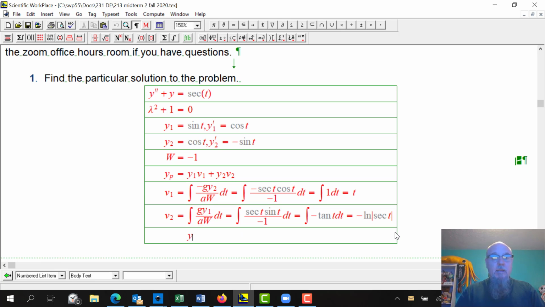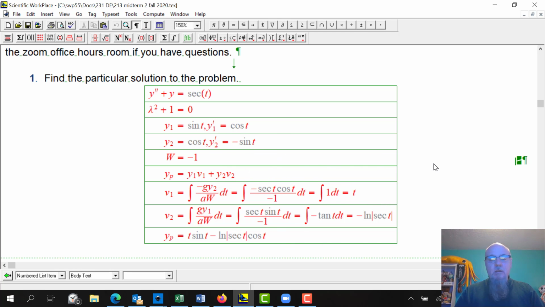So finally, we can put those pieces together. The particular solution is t times sine, that's our here, t times sine, times cosine. There's our particular solution. If you wanted to solve the whole thing, you would just add then the homogeneous solution, but it didn't ask